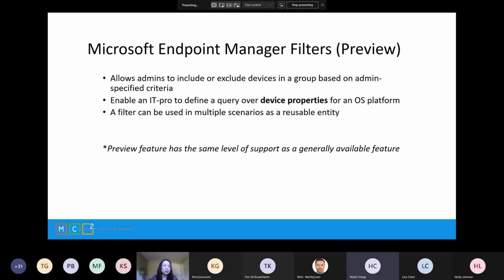filter object is really query based. So based on the properties that the filters support, for a specific platform, you have a very similar experience as creating an AAD dynamic group. So it's really like query based. You can select certain properties, and you can use the different operators to define what values you want to match